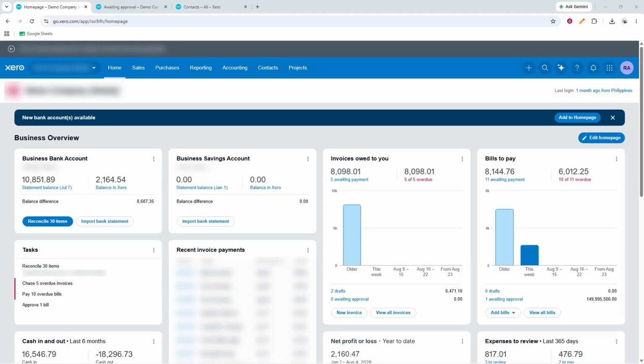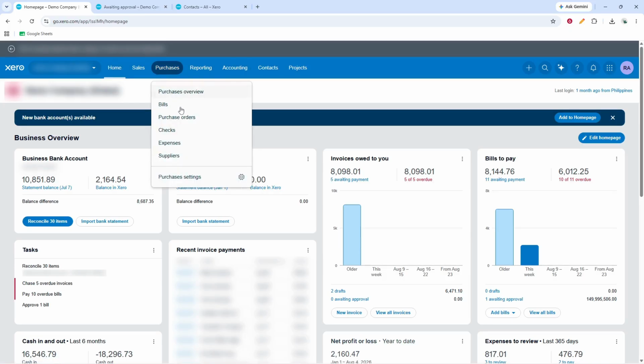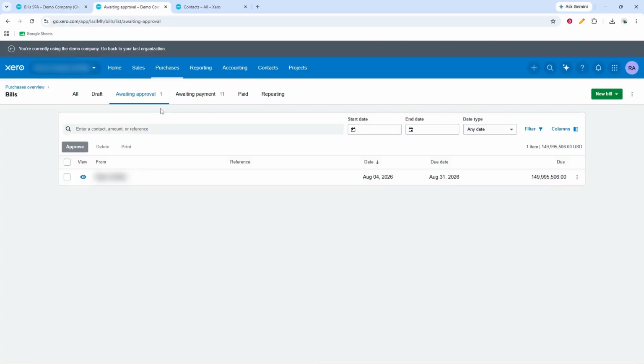This video walks you through how to delete a draft or awaiting approval bill in Xero. Begin from the top menu in Xero, click Purchases, then select Bills. This opens the Bills page where you can view bills in different stages and work with the ones that still have not been finalized. If the page takes a moment to load, wait until the list and tabs are visible